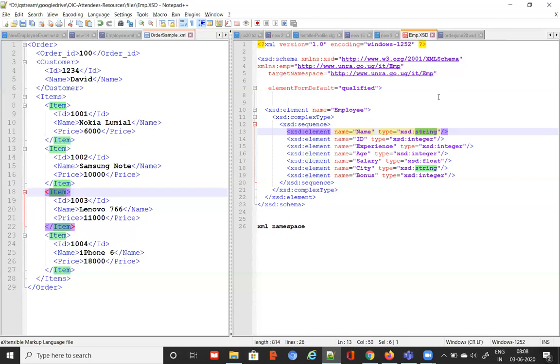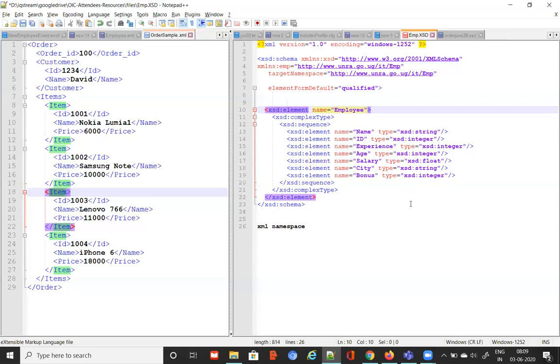That document is also having a namespace defined. The namespace is like this. So you are going to refer to the XSDs in the other documents using namespaces. This is a namespace defined already. This is a standard namespace. We are not writing that one. It is not a user-defined namespace, like www.w3.org/2001/XMLSchema. You open any XML schema document, XSD document, you will always have this value the same. XML-NS:XSD. Then only it will understand what is the meaning of these things.